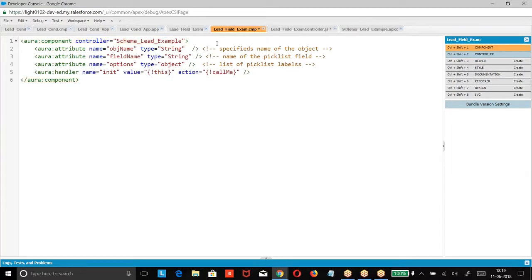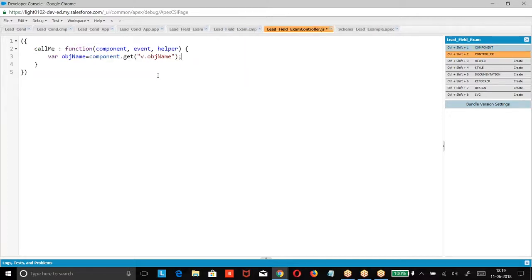Then similarly, whatever the field name you have given, get the value of it. So how you get it? Now we got the value, name of the object, name of the field. Whatever the attributes he gave, I got the value.